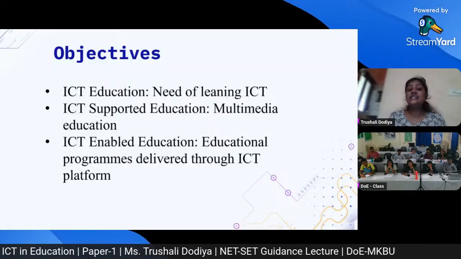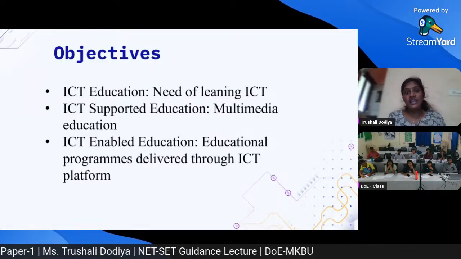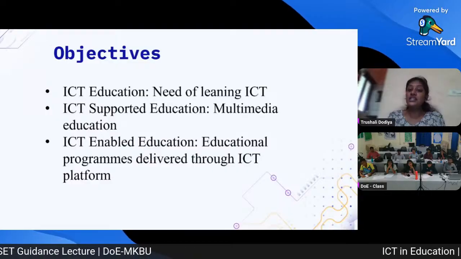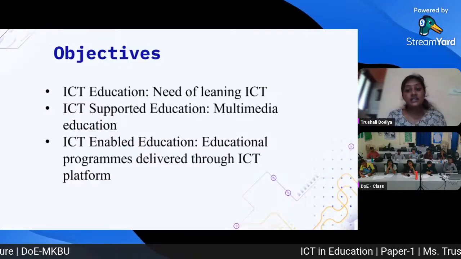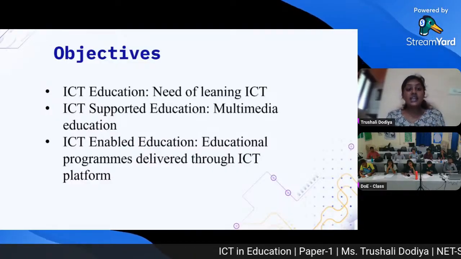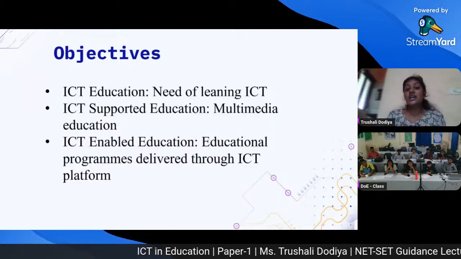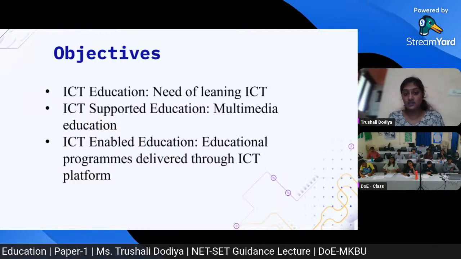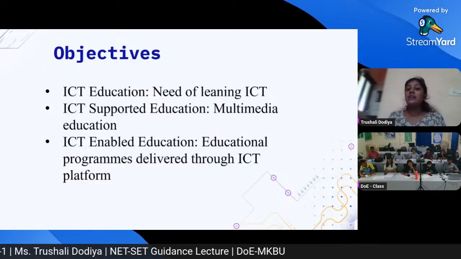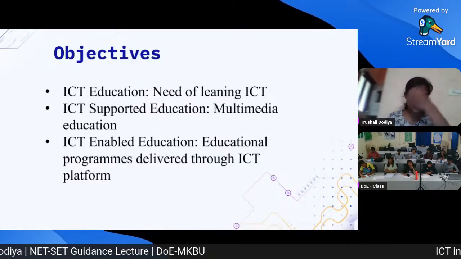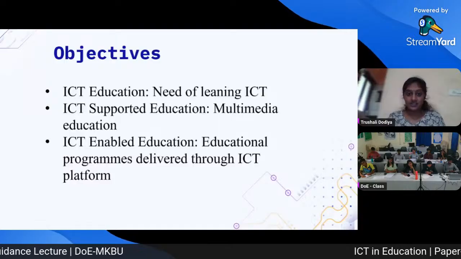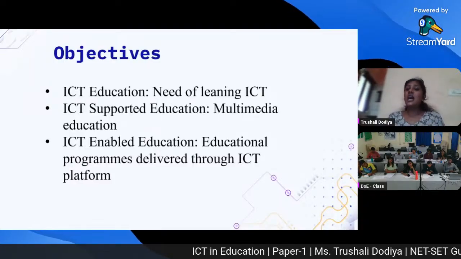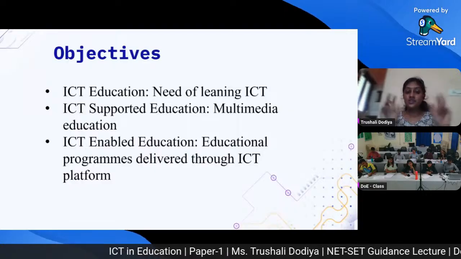First one is ICT education. That means making students and teachers aware of using ICT and making them learn what is ICT and how it can be used in terms of teaching and learning. So first step is very clear. That is about teaching and learning. I think there is a spelling mistake of learning. So first one is about learning and teaching what is ICT and how it can be used in terms of